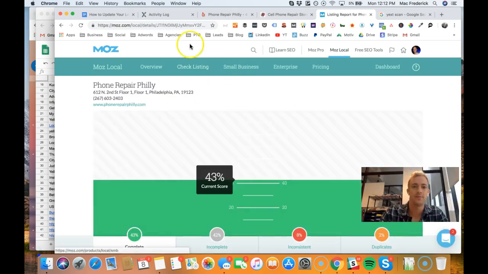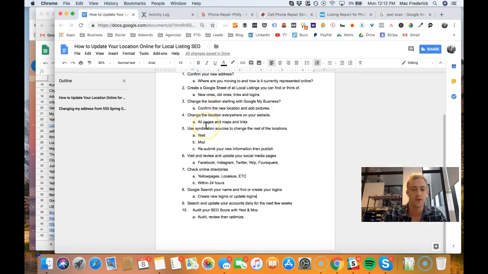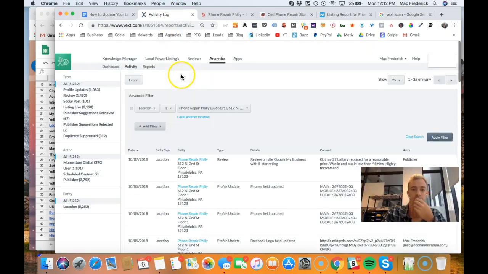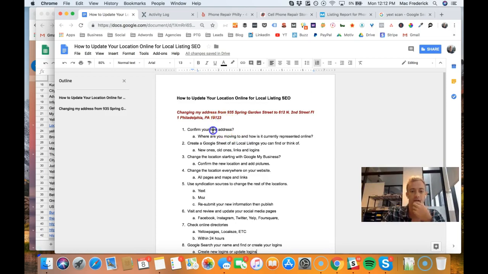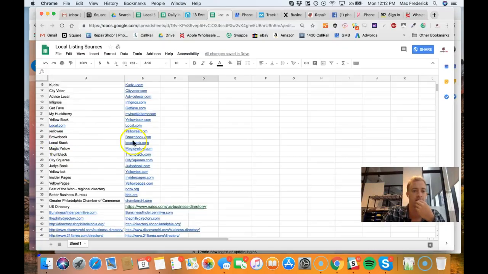So that's it. That's the 10 steps. That's how you go about changing your address online. This is the short version because it actually takes a lot of time unless you hire somebody and outsource that, or you use the syndication sources like I would recommend, like Yext and Moz. So first, you just want to verify your new address. You want to make sure you change it. You create a Google Sheet of all the places you want to change it, such as this,